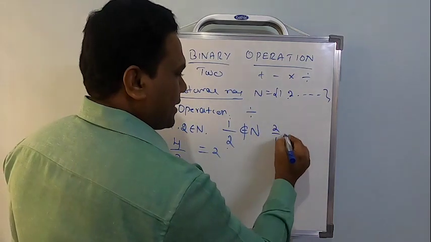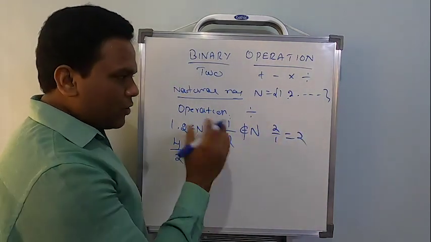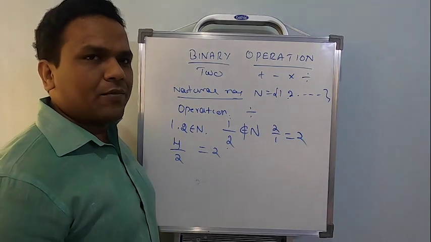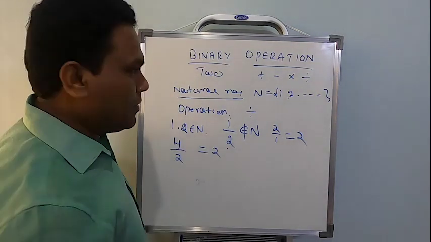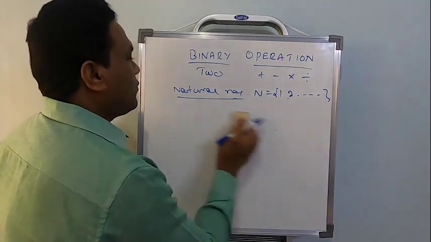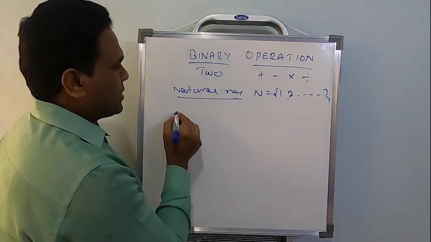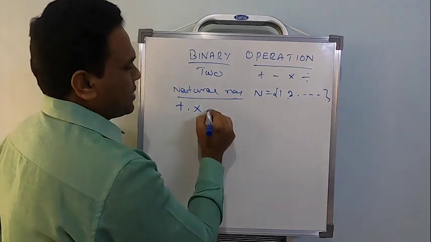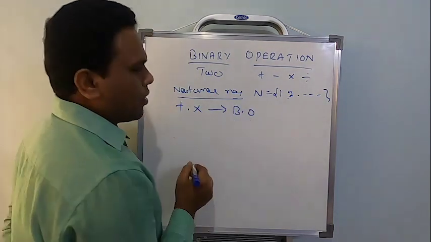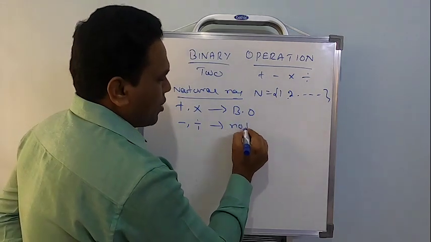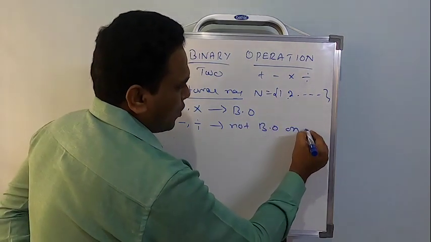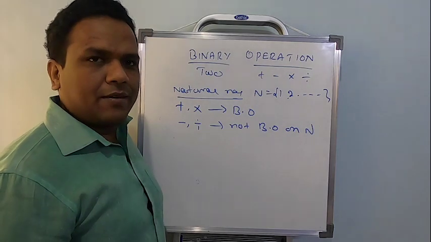Yes, of course I am going to get it here. That is not an issue. But if I do it the other way also, I should get the same. Right? Okay. So we have checked 4 operations on natural numbers. Out of 4 operations, addition and multiplication are called binary operations, whereas subtraction and division are not binary operations on the set of all natural numbers N.